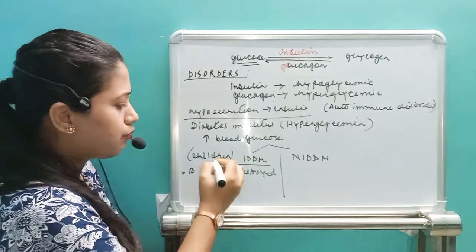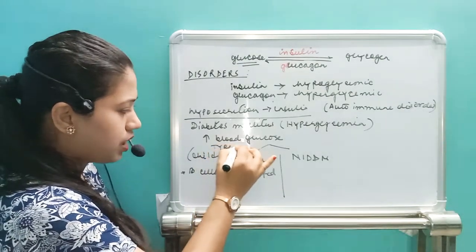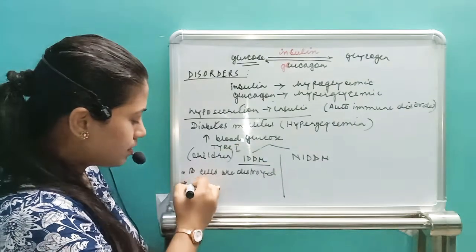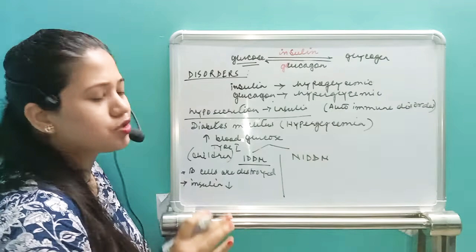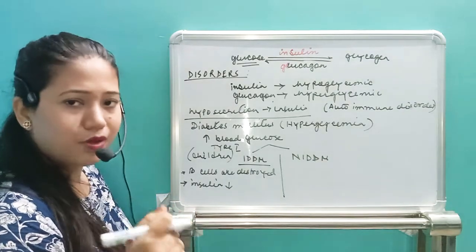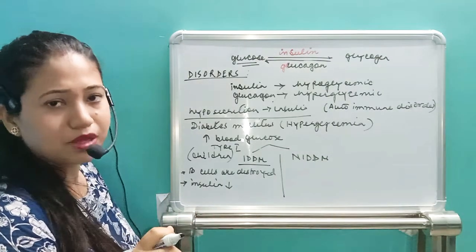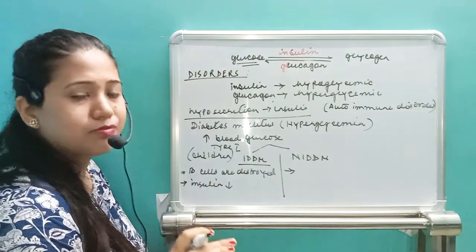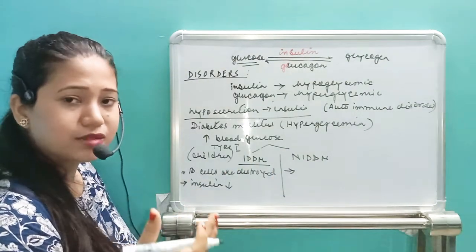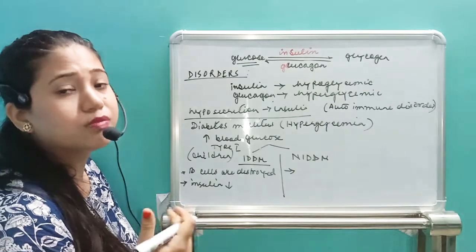This is called type 1 diabetes mellitus. In this condition, due to the less release of insulin, that individual suffers from IDDM. If insulin is given from outside, that disease can be corrected. So this is an autoimmune disorder where the immune cells or the antibodies start to destroy our own beta cells.